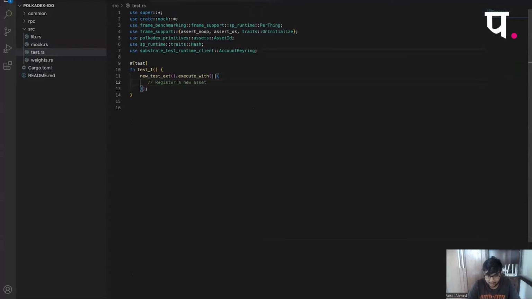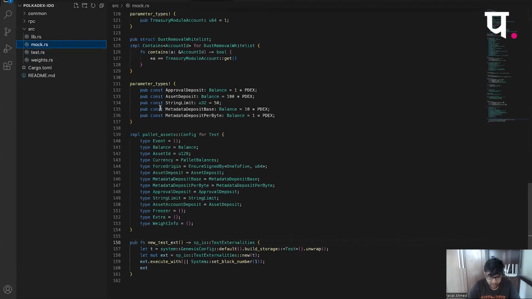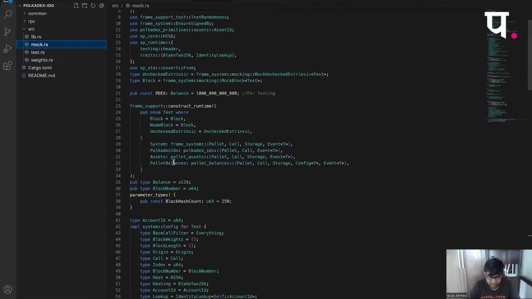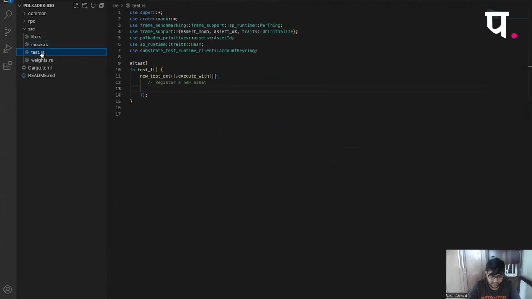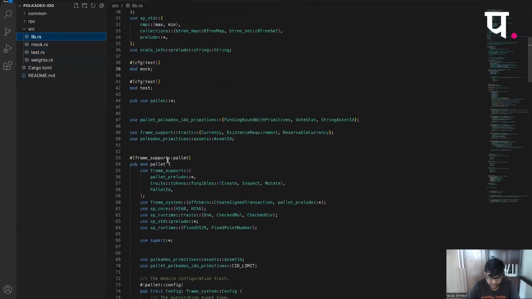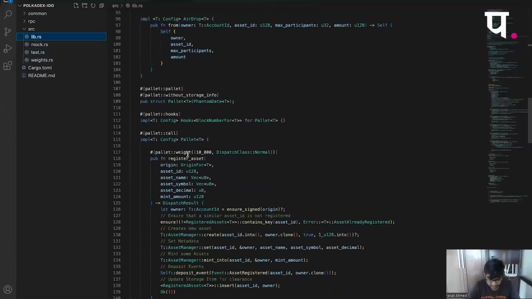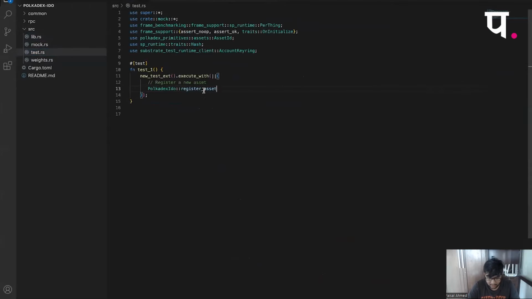So you can see in the mock.rs, the way I would do it is that I would take this and call the extrinsic underlying it. I don't remember exactly what it is, but we call it like this.